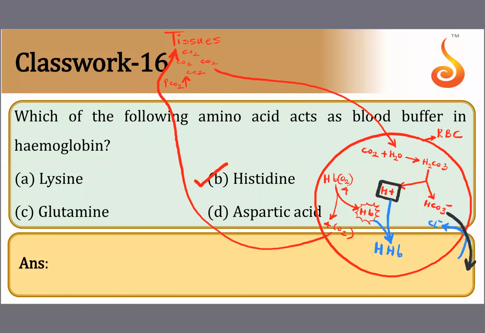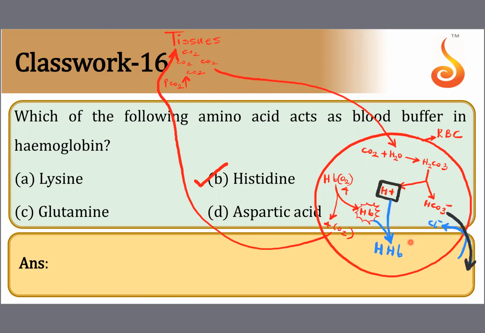It gives away its oxygen, because actually H plus ion can also bring about certain changes in the hemoglobin structure. That's why it's giving away oxygen. So it's all interrelated. Why did hemoglobin give away oxygen? Because of this H plus ion. And when it gives away oxygen for a very short period of time, it is free hemoglobin, and this will immediately capture this H plus ion. It reacts with the amino acid histidine on the hemoglobin protein, and they form a complex called hydroxyhemoglobin or HHb.